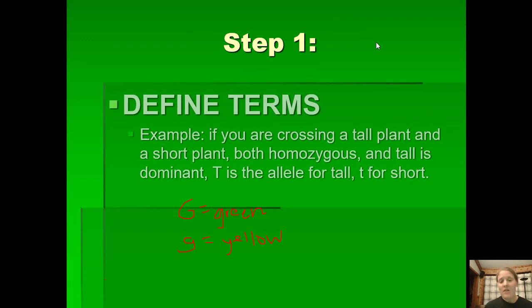The first step for every problem is to define the terms. So if you're crossing a tall plant and a short plant, you're going to use the term chart to find tall stem, big T. So you're going to use big T and little t. In the case of question 1 on your Punnett square sheet, you're looking at a homozygous dominant green pod female with a heterozygous green pod male. So we're going to look for green pods, identify that we need the letter G. So we'll write down that big G is green pod and little g is yellow